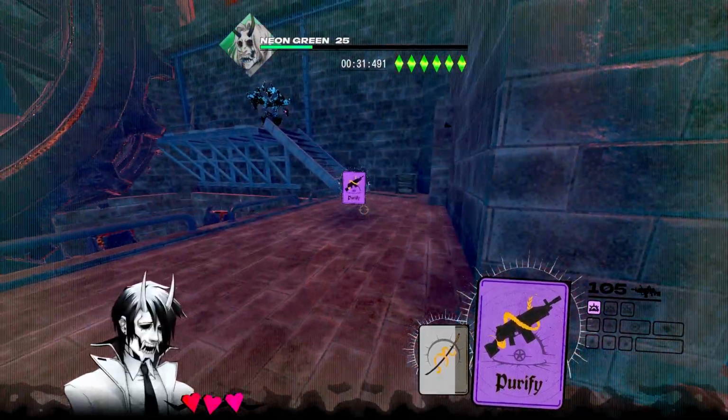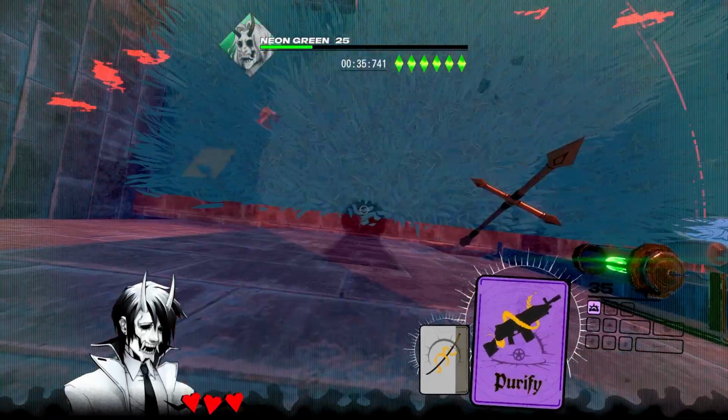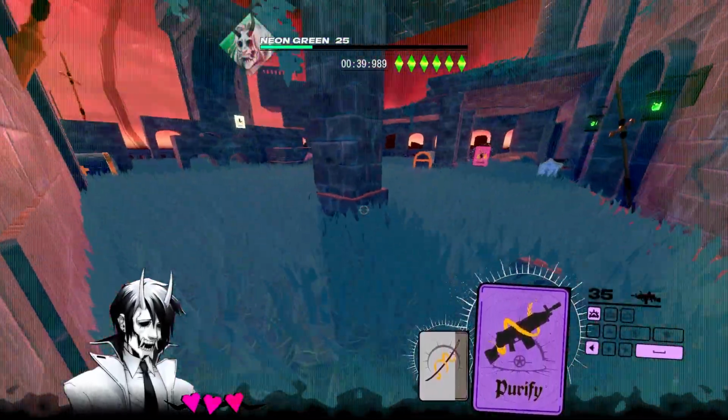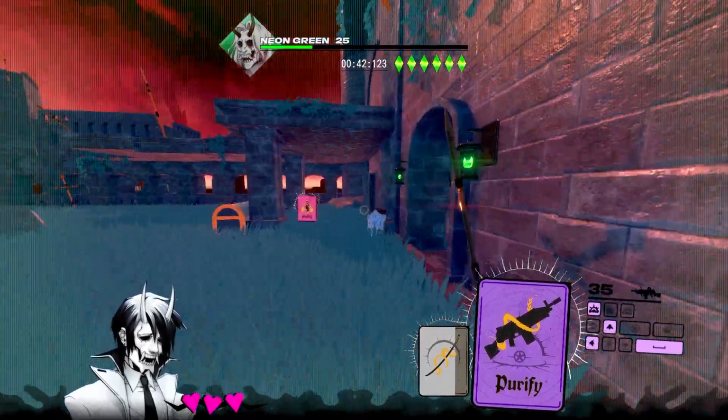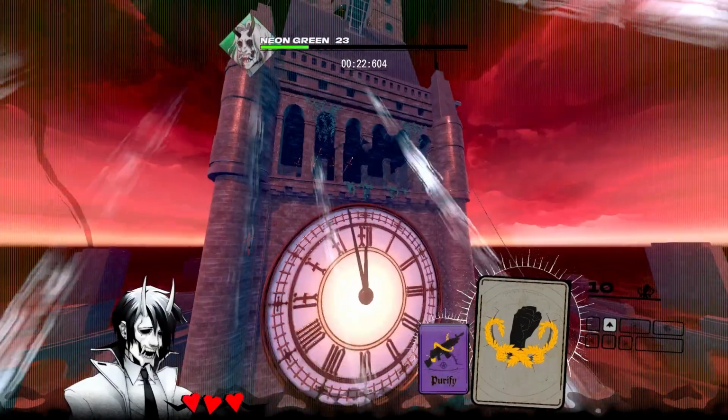But there's actually a Purify card right here that you can't pick up through the wall unless you have something that gives you extended pickup range. So there I use my Purify Bump, which gives you extended pickup range. And what also gives you extended pickup range is landing from a stomp. So what you can do